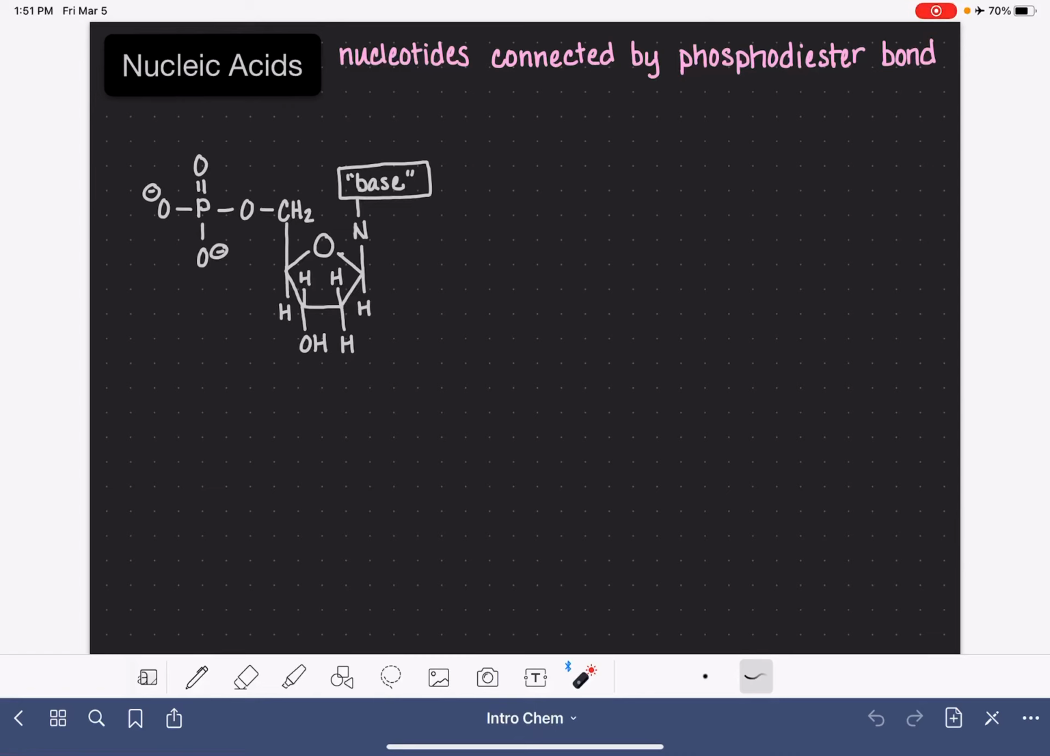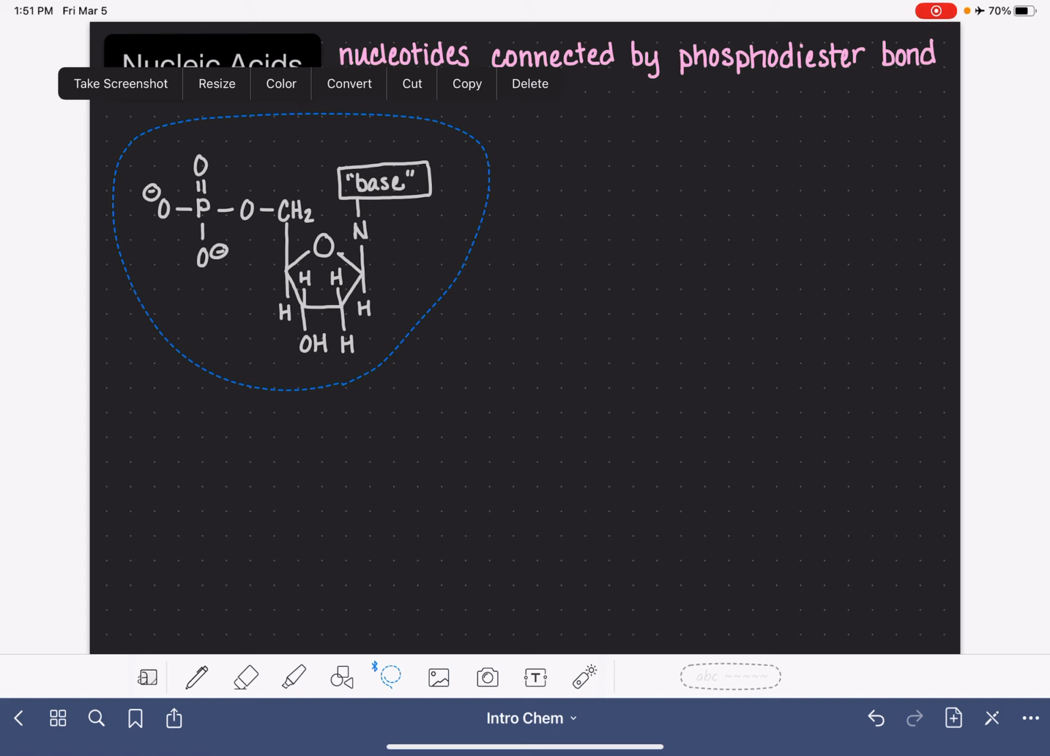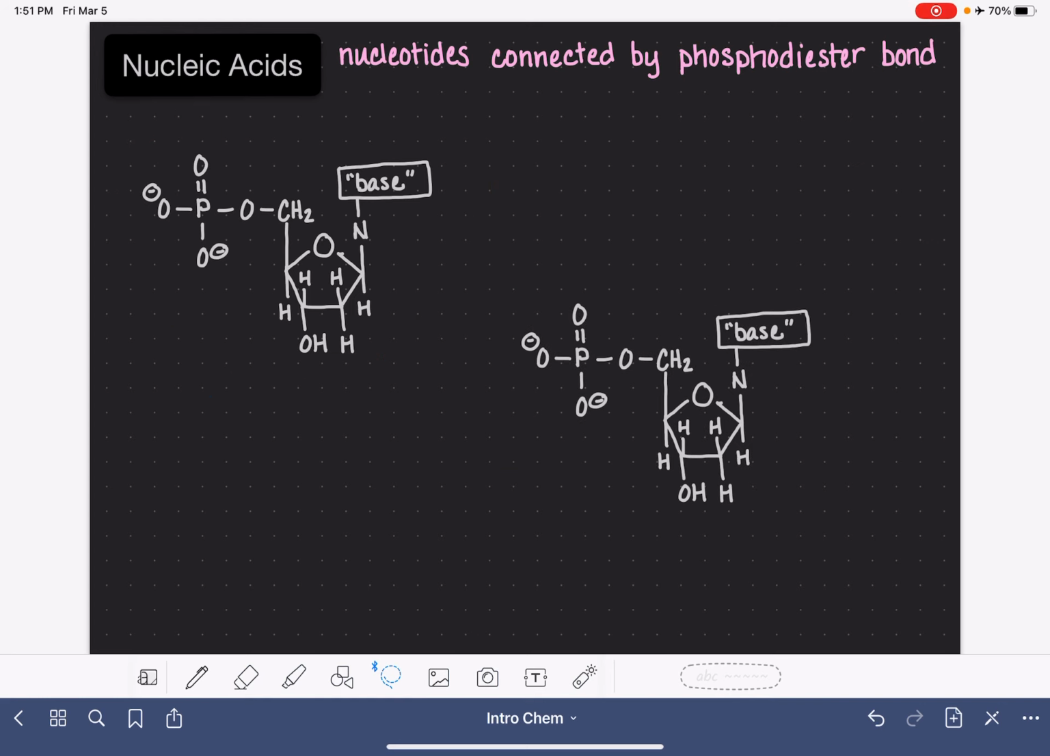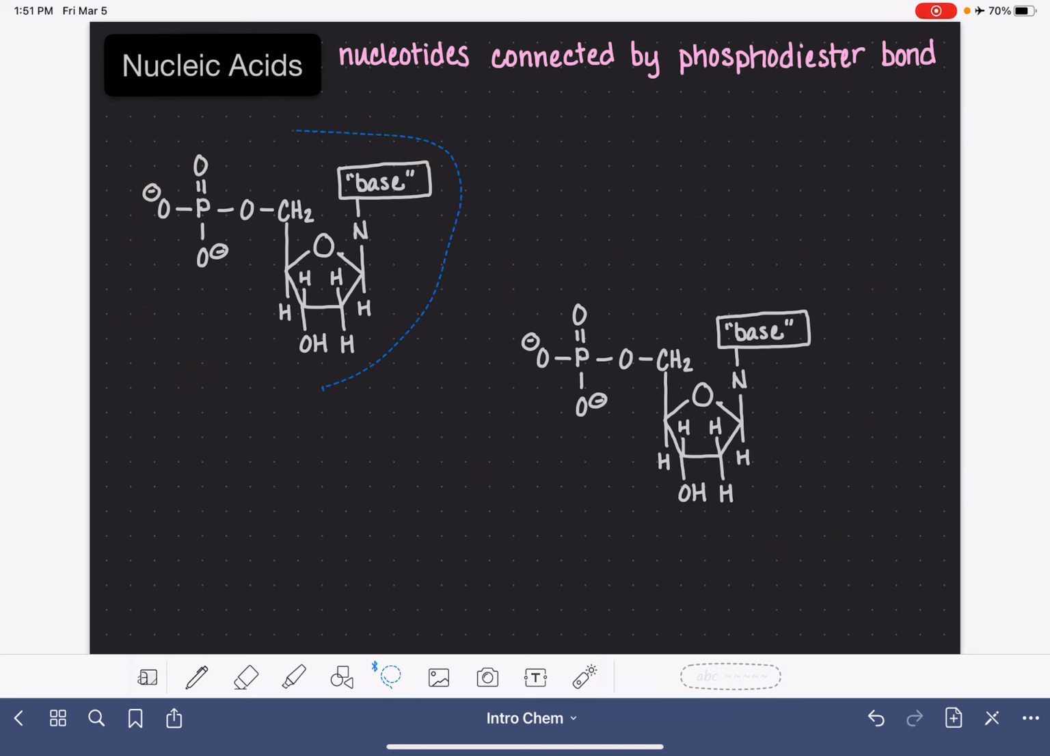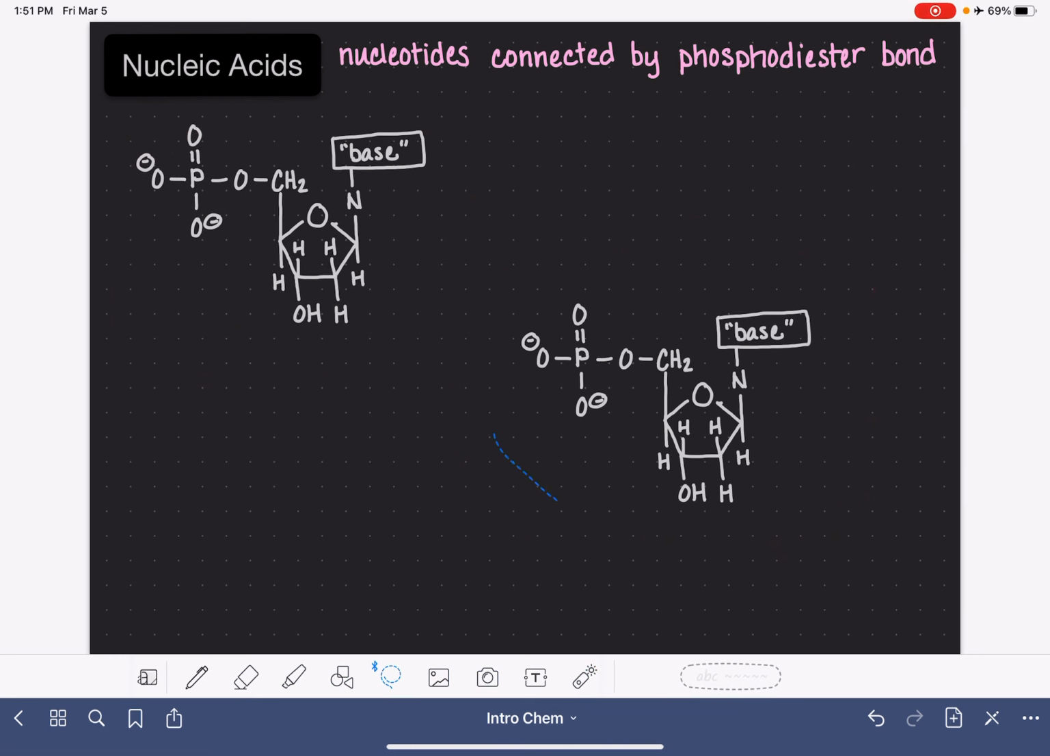Nucleic acids are large molecules that contain a whole bunch of nucleotides connected to each other by phosphodiester bonds. Phosphodiester bonds are also called phosphodiester linkages. In this video, I'm going to draw the phosphodiester bond so you can see exactly what it looks like. So these are two individual nucleotides, and when they come together to form this phosphodiester bond